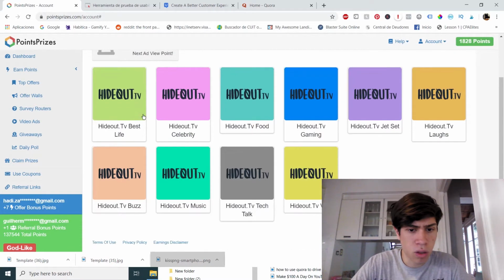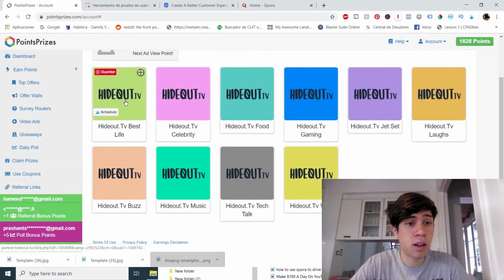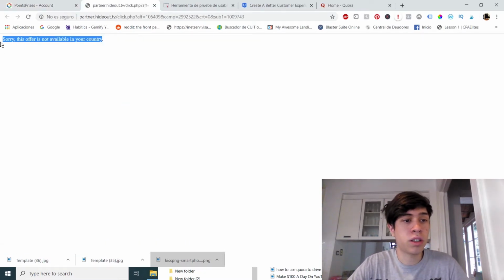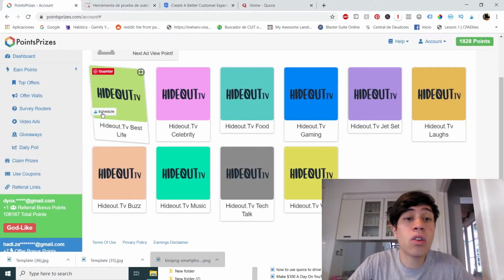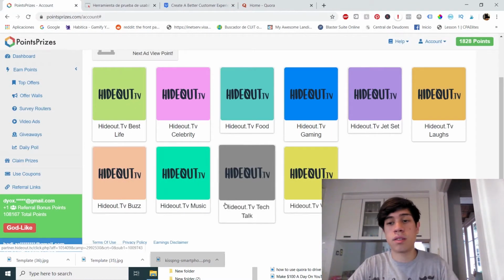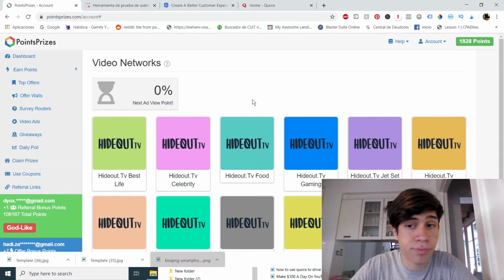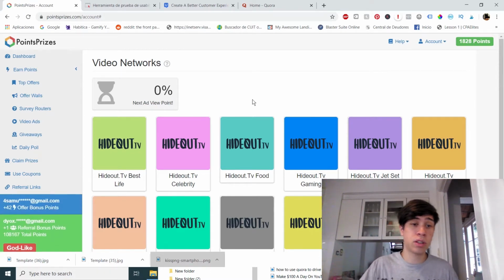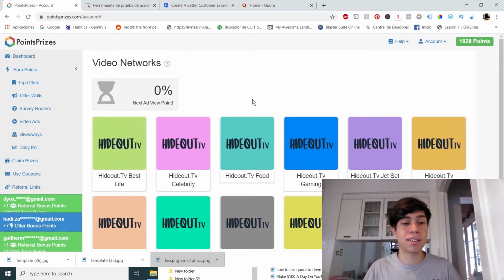If I click on this tab, you see that it says this offer is not available in your country. So I don't know in what countries this is accepted, but if you just go to the link in the description and sign up to PointPrizes and try this out, maybe you have the luck that this works in your country.